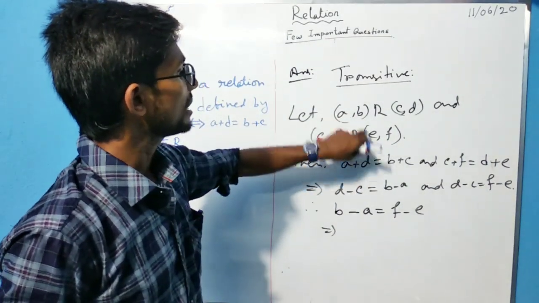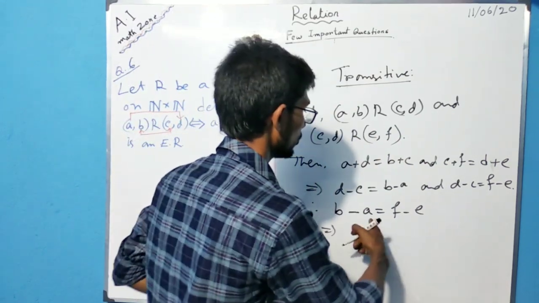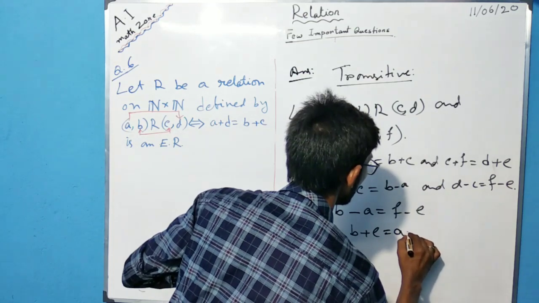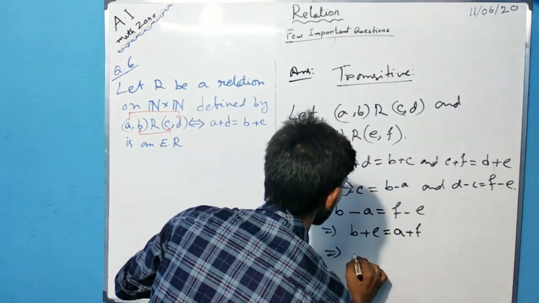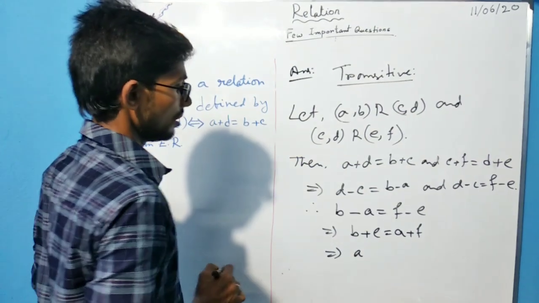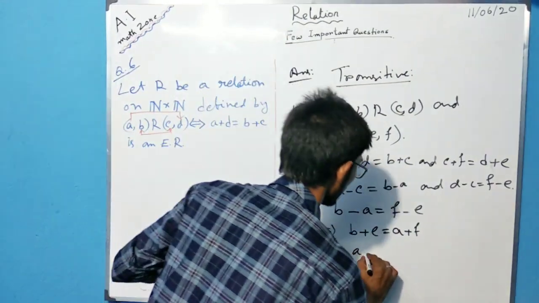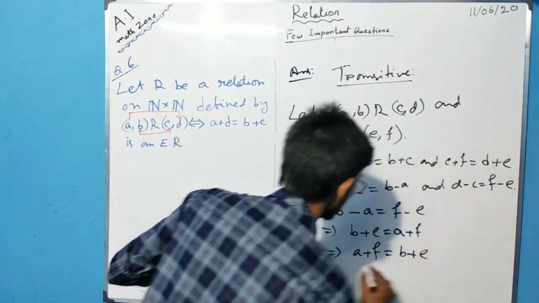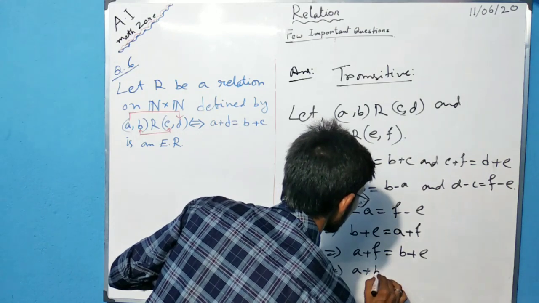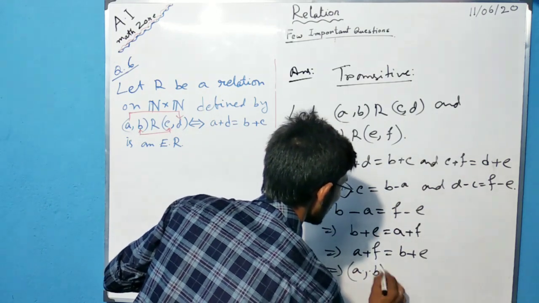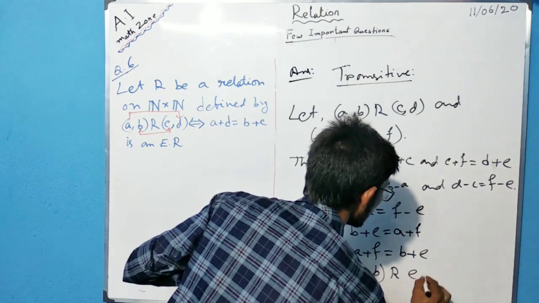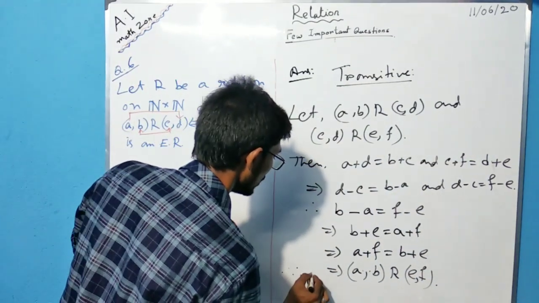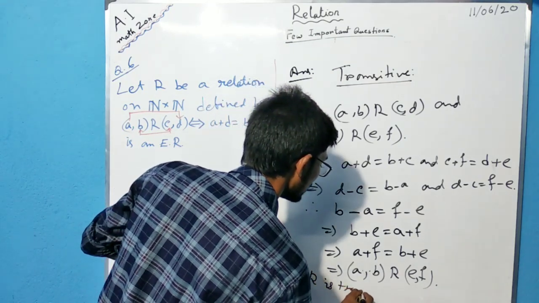implies that हम लोगों को दिखाना है कि (a, b) is related to (e, f), right। So you can write here b plus e is equal to a plus f, implies that a plus f is equal to b plus e, implies that (a, b) is related to (e, f), hence R is transitive, therefore R is transitive।